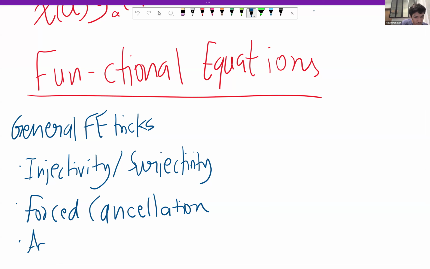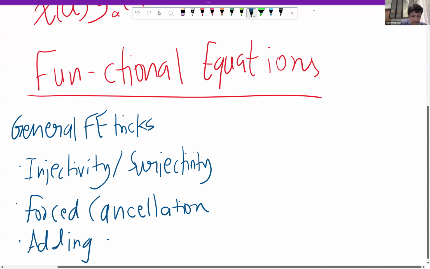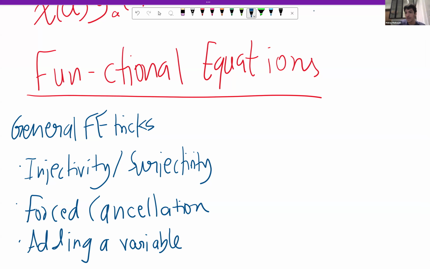And there is one more which I don't see in many places, the adding a variable trick. Unfortunately, I won't be doing this trick today. I don't think I'll get the time. But you can check Pang Cheng Wu's book. He has a nice chapter on this. And now some exclusive tricks